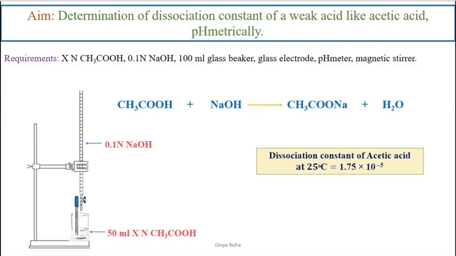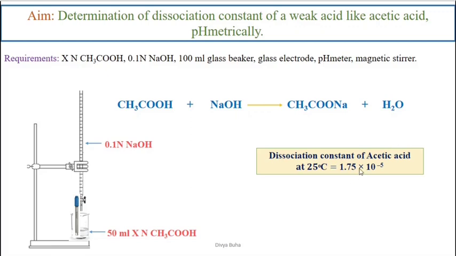Now, the dissociation constant of any acid is a quantitative measure of the strength of the acid in a solution, right? So, the dissociation constant basically defines the strength of an acid. If the dissociation constant value, which is Ka, is more, then the acid would be able to dissociate more and it would be a stronger acid. But if the dissociation constant value Ka is lesser, then the acid would be a weak acid.